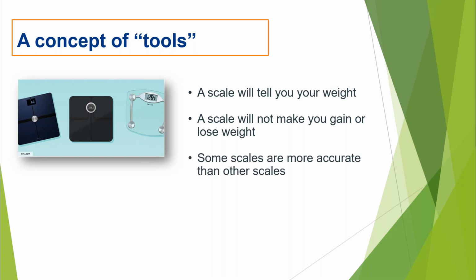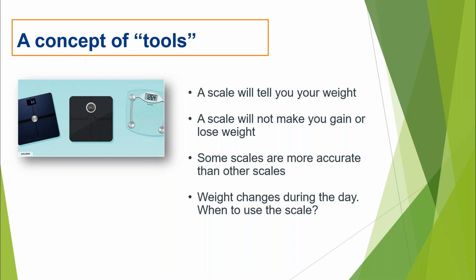Something to note too is anyone who's ever had a scale that's off, besides being extremely depressing when you maybe find the accurate scale, is that some scales could be broken, some scales may not have the resolution you need, right? So if you're trying to lose 5 pounds, but your scale only has 10-pound increments, it's going to be pretty hard for you to know if you're successful. So you have to really think about how we are going to pick our tool.